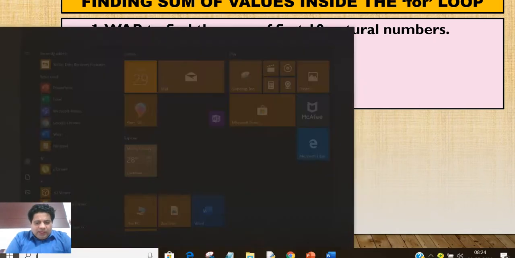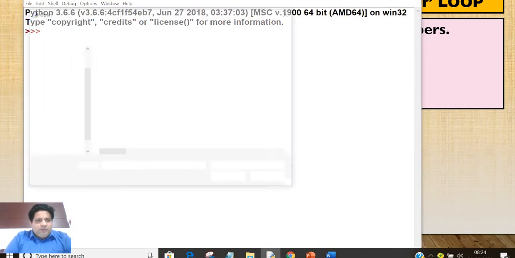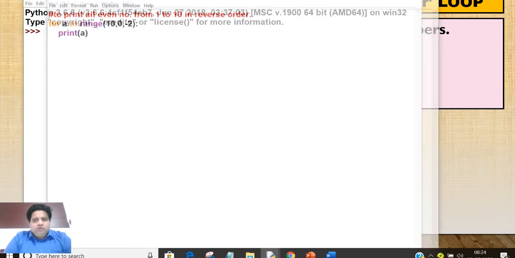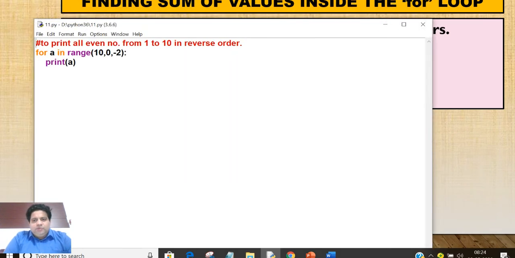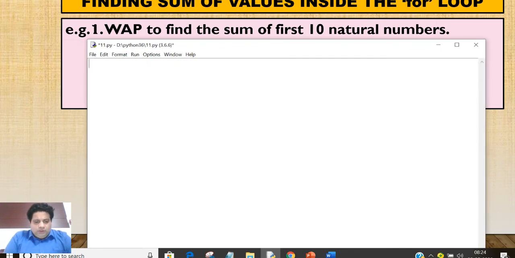So let's start the IDLE again. Now I am opening the previous program and I am writing the program. Sum of first 10 natural numbers. So for this I have to take one variable. एक meaningful नाम ले लेते हैं sum. There is no need to give this variable the name sum.